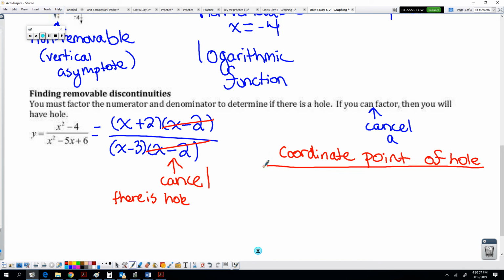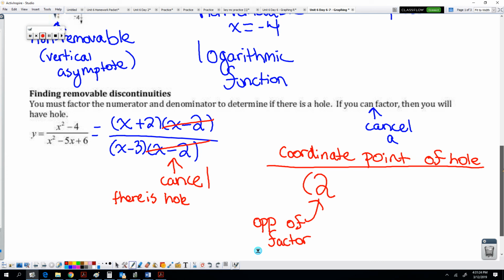So what you're going to do is take a look at the factor that we canceled out. We canceled out x minus 2. So you're going to do the opposite of the factor, so it's just 2. So this is going to be the opposite of the factor. Whenever your factor is a negative, the x value of your hole is going to be a positive, and